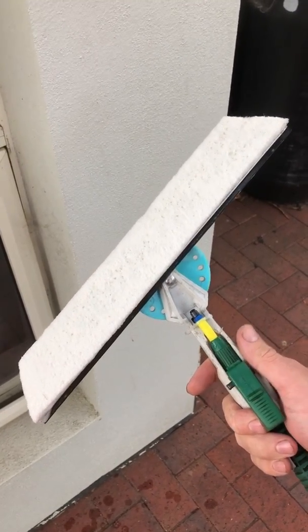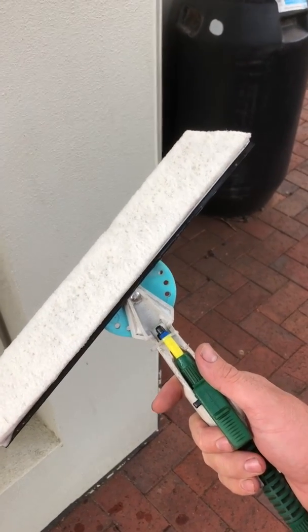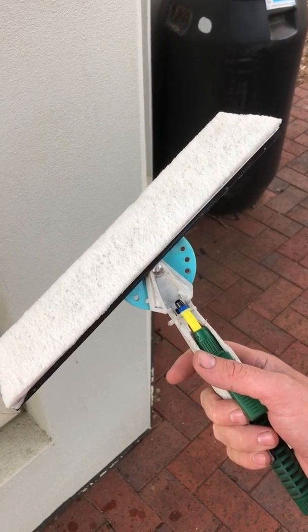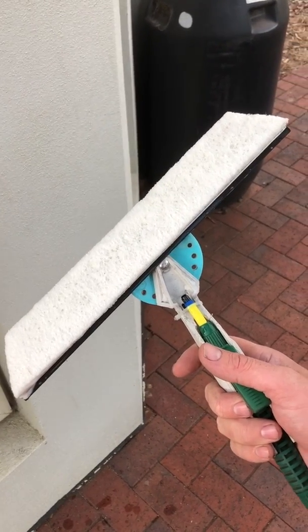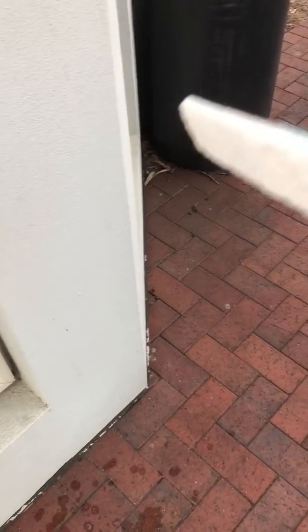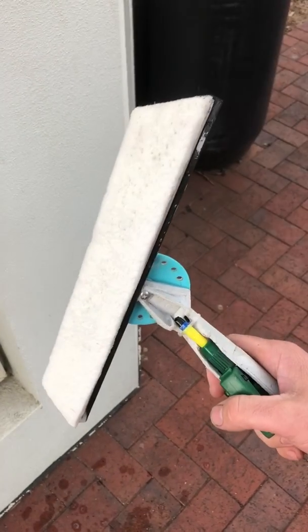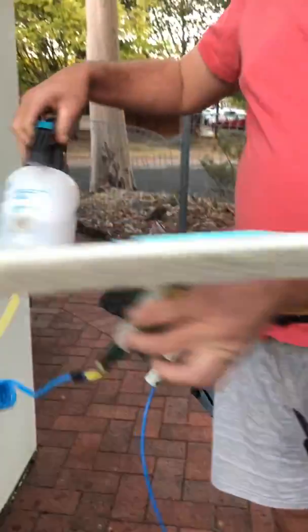What I originally intended this for was doing balustrade glass around pools. Any of you who do domestic window cleaning and pool glass know how difficult it is to get it clean a lot of the time. And these pads, which just attach to the high flyer, are absolutely brilliant, but they don't hold much water at all. So what this does, where I've got it hooked up, just hold on to that and I'll show the system, is